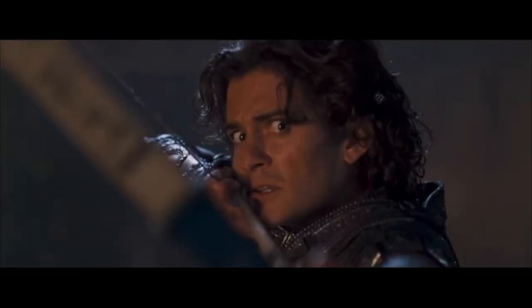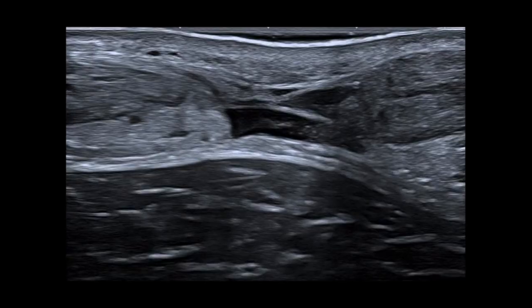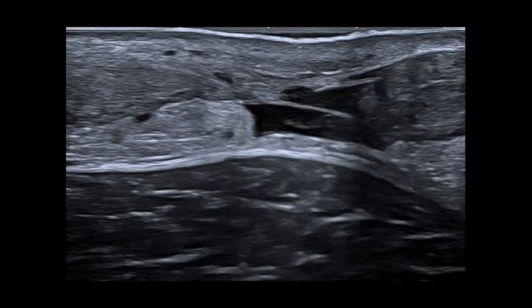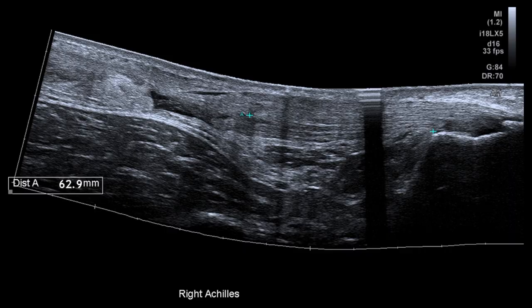This is the part by which Paris shoots a poisoned arrow through the one unprotected part on Achilles' body, killing the greatest warrior that's ever been. And what we need to do as sonographers is determine whether that tear is complete or partial, and we want to determine how far along that tendon the tear has occurred. So I will use the superior tubercle of the calcaneus as my landmark, as this is a reproducible landmark that